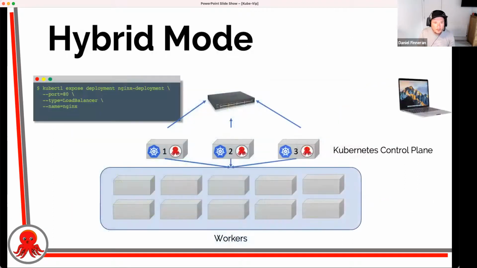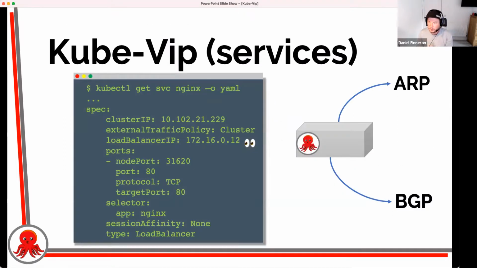And the other thing that Kube-Vip will do in order to make this service go from pending to actually up and running is it will also update the service object inside the Kubernetes API. It will update the status of it with the load balancer IP address. Only once the status has been updated of the service is it reflected inside Kubernetes as ready to run. So only once Kube-Vip is actually broadcasting to the network and it's told the service that it's doing that, only then will it reflect, when you do a kubectl get service, that it's actually up and running.